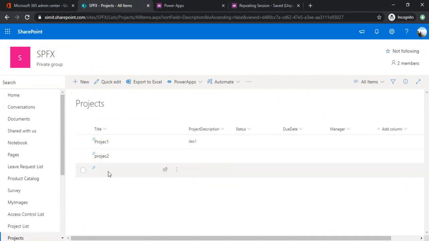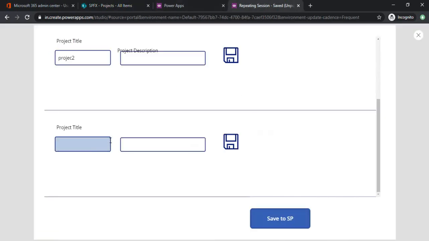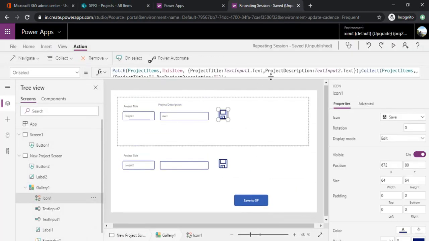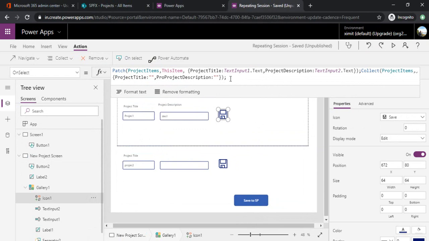Okay, so now I have the data, and you must be seeing that the third row is empty. So as you know, in this field, when we clicked on save, it added one empty row, because we wrote there that it should clear our collection. I'll just close it. You can see that on click of save we have written that the collection should clear.